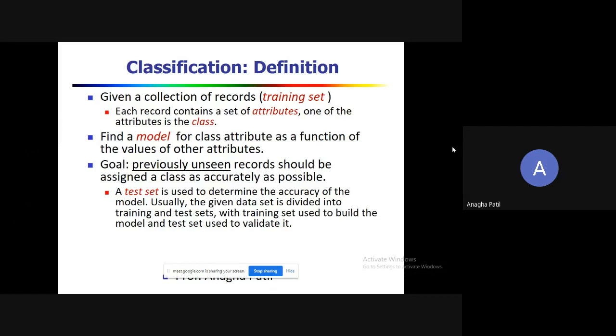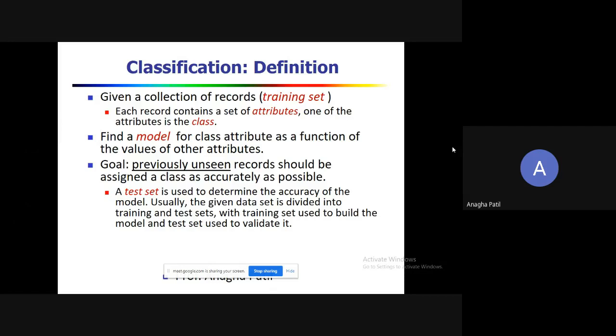Once you have built a classifier which will classify, depending on the marks, whether the student falls into the class label pointer greater than 7.5 or pointer less than 7.5, then whichever new observation is provided, we will classify which class it follows. So there are two things. One is the training set, which is used to build this classifier, and there is a test set, which is used to determine the accuracy of the model.